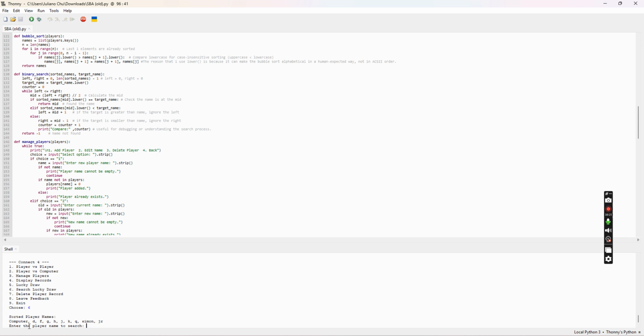This is sorting. And in choice 5. So the bubble sort is